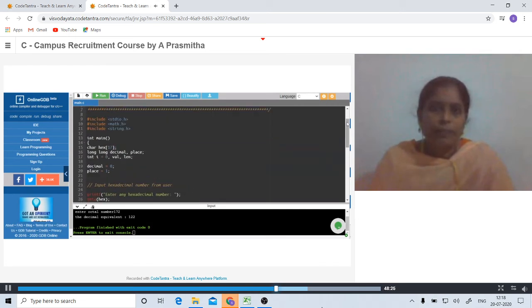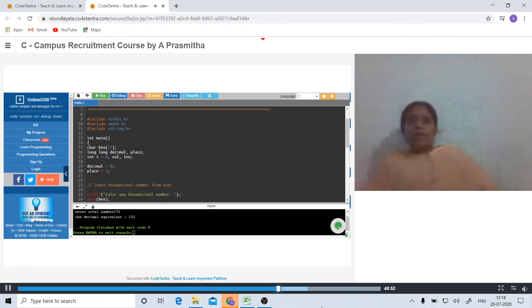See, in this, hex is nothing but the input which we are going to store into a character array. So it is considered as a string, and we are taking decimal to store the power we want. So the decimal number is equivalent to 0, and we are also taking i to convert each digit position we want to store.